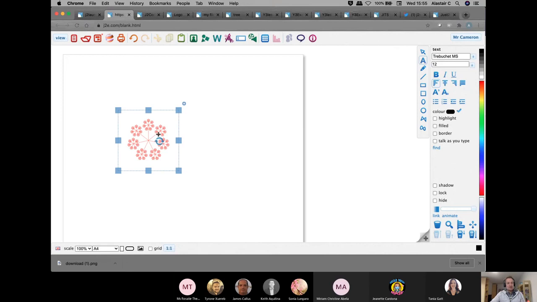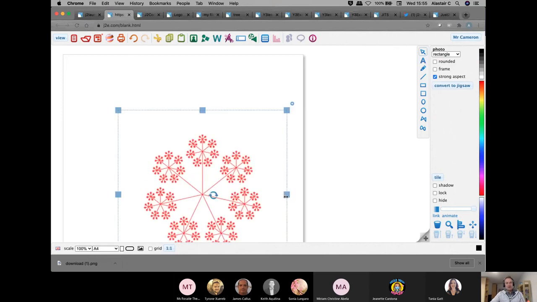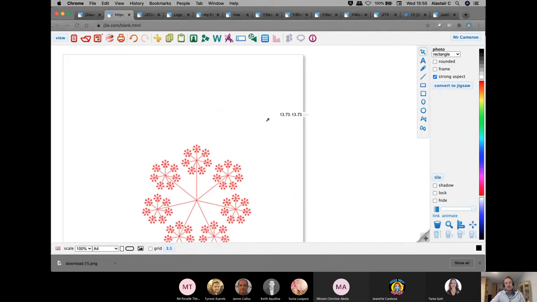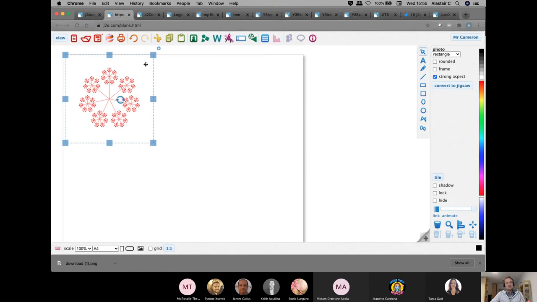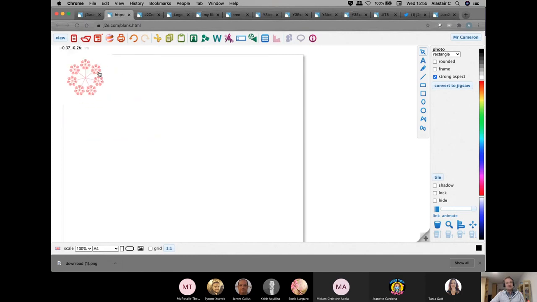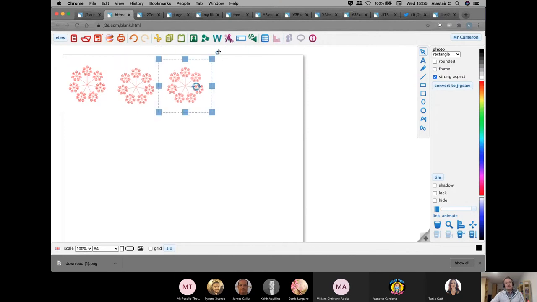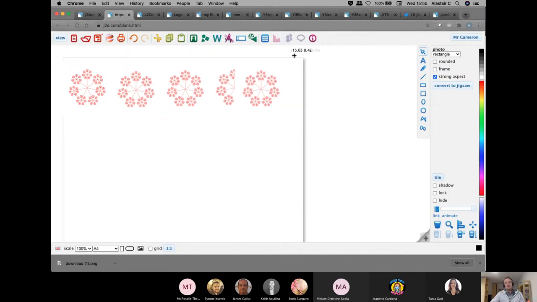But here, we've got our image that we've made in code, and we could put it on our page. We could even have that in the background on a document that I want to write, as a background or an image that would be going in the background. Let's just move that one over there.